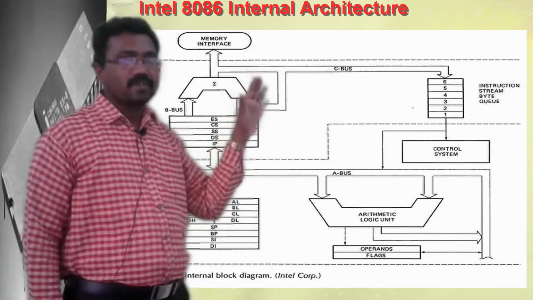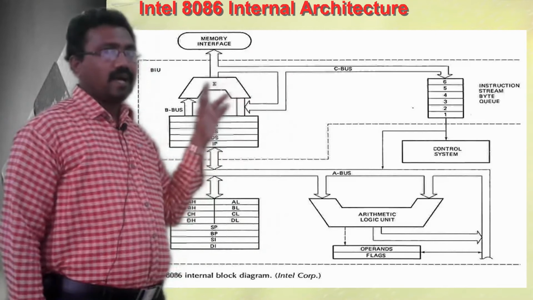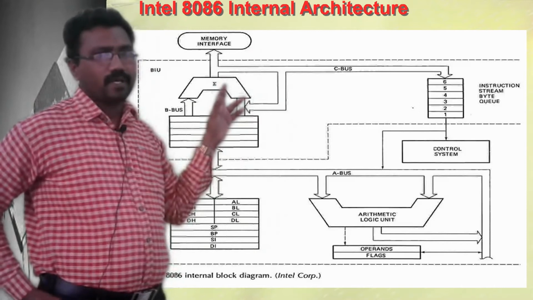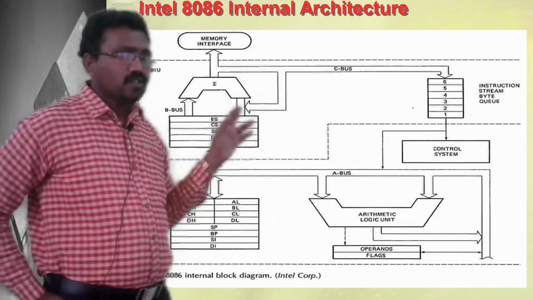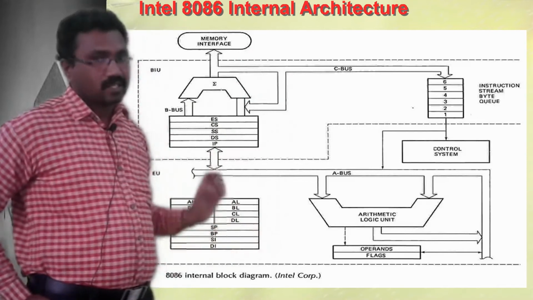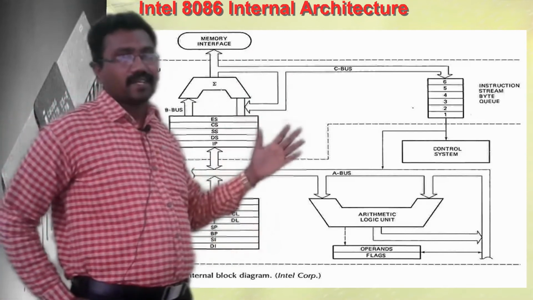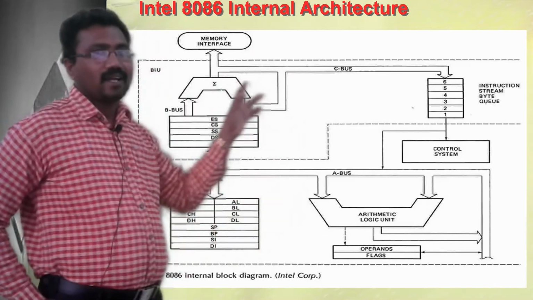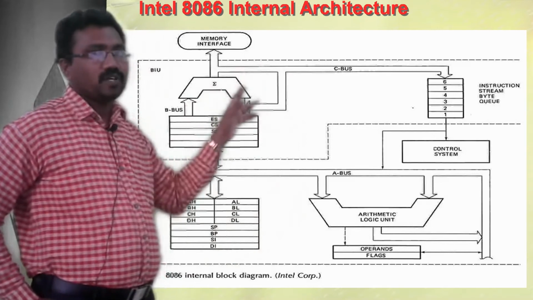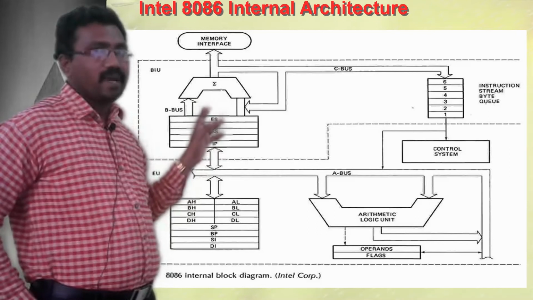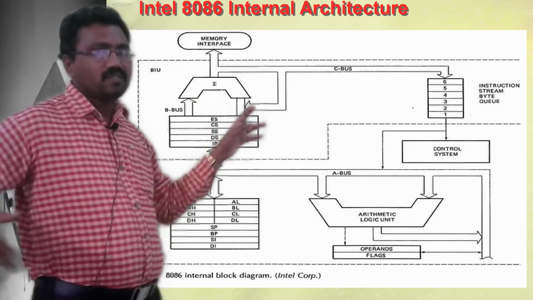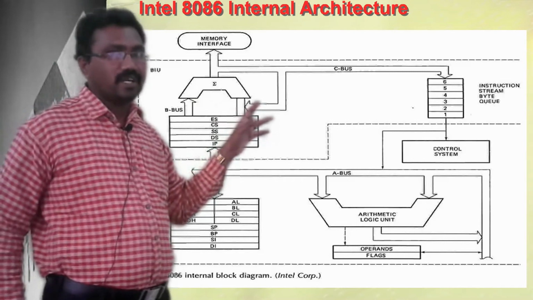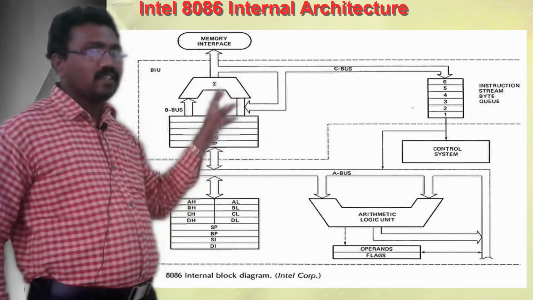And what are the components in the bus interface unit? This is the address adder. The length of the address bus in the 8086 is 20 bit, but we are maintaining the 20 bit address using 16 bit registers. What are the 16 bit registers? One is the segment register and the second one is the offset register. So this component generates the 20 bit address. This address adder takes two 16 bit registers, one segment register and one offset register. In the coming session, we will see some examples of how the 8086 generates a 20 bit address using two 16 bit registers. So the function of this one is generating the 20 bit address.